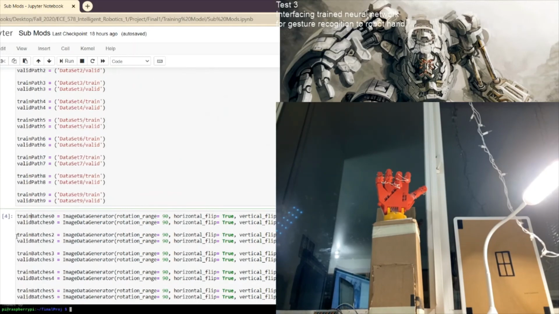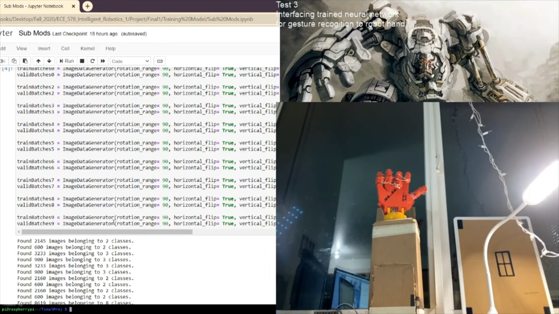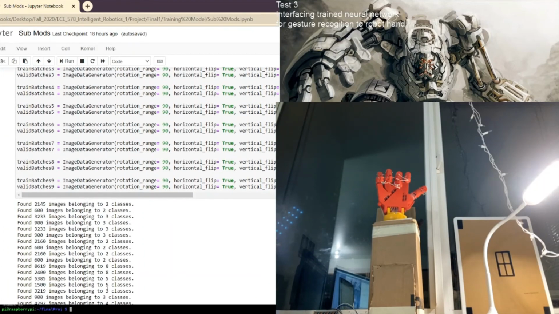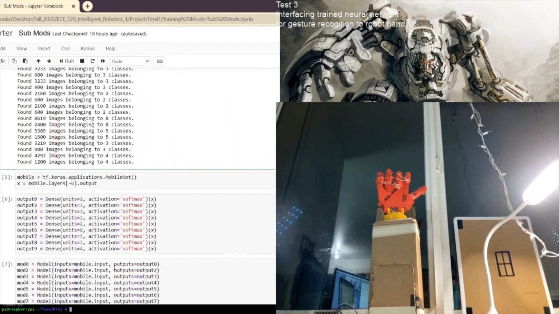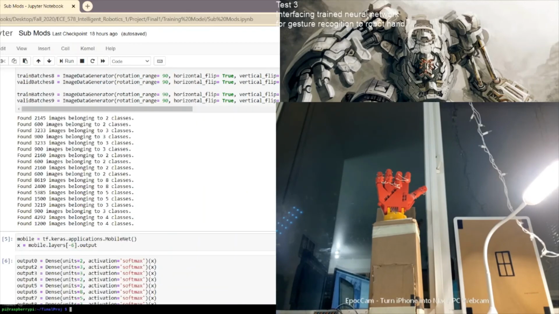So here we have created a dataset with only these classes, which are 4 to 5 classes. If you can see, it detects 5 classes for OK. So this is setting it up.